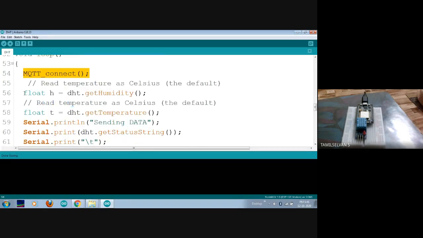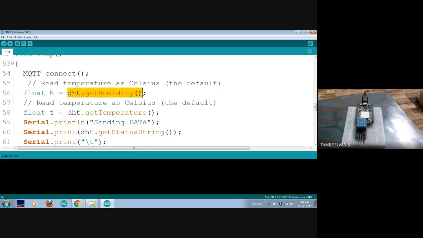Now I'm going to get the value from my sensor. For that I'm using a float variable, because the temperature and humidity may change in floating point. Even an integer you can use, but only the rounded off values will be stored. So if you want to get an exact value, you can go with the float data type. I'm going to use a variable called h. Float is the data type name, and h is the float type variable.